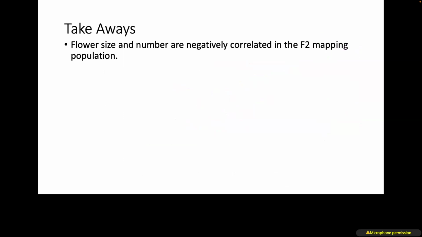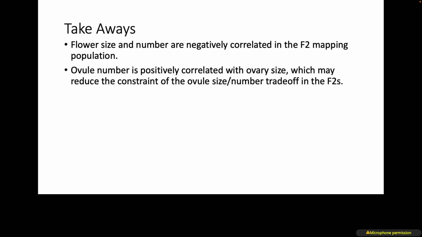And so some takeaways from this first project, which again is still ongoing, and all I'm showing today is some phenotypic correlations from the first half of F2s that I've completed, is that we do see that flower size and number are negatively correlated. And so this trade-off between flower size and number is likely occurring at the genetic level as well. Ovule number is positively correlated with ovary size, which could mediate some of the constraint between the ovule size number